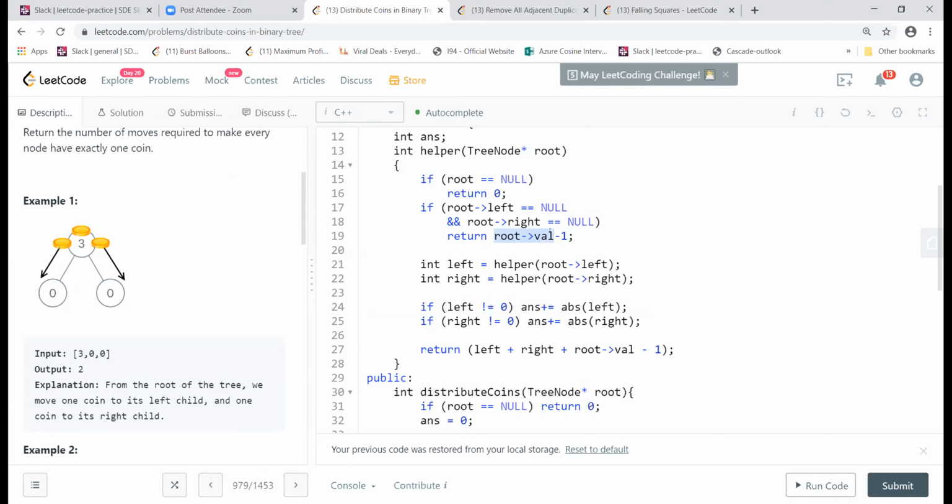So root value minus one, 0 minus 1, will be minus 1. So when you are at 3, you are returning minus 1 here. And from the right also you are returning minus 1, because you need one coin there. That is the reason we have to use an absolute value, because we know that there are movements to be done, even if it is a negative number. And therefore we are adding both of them.